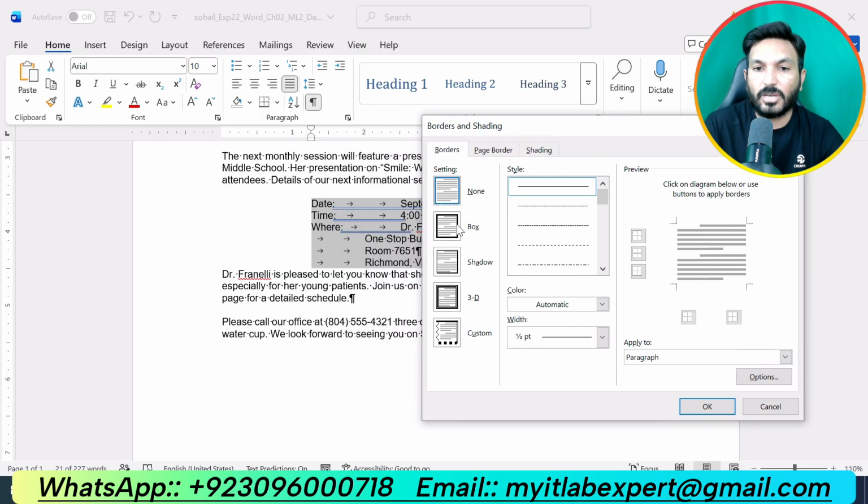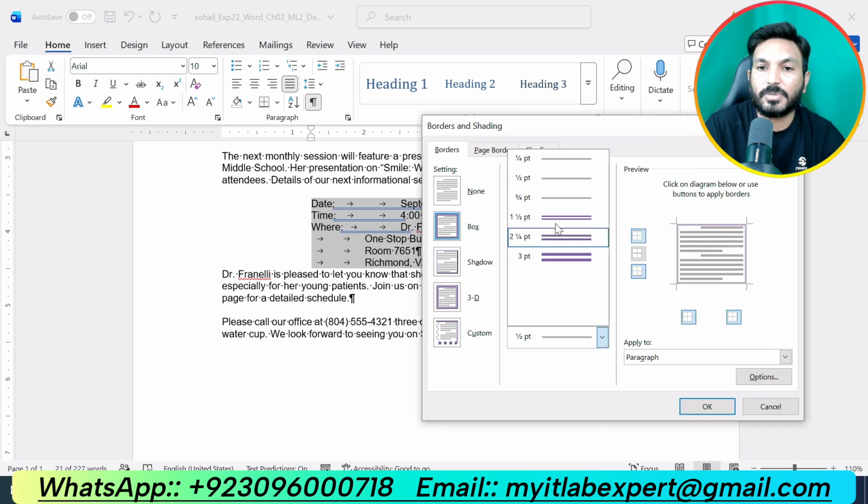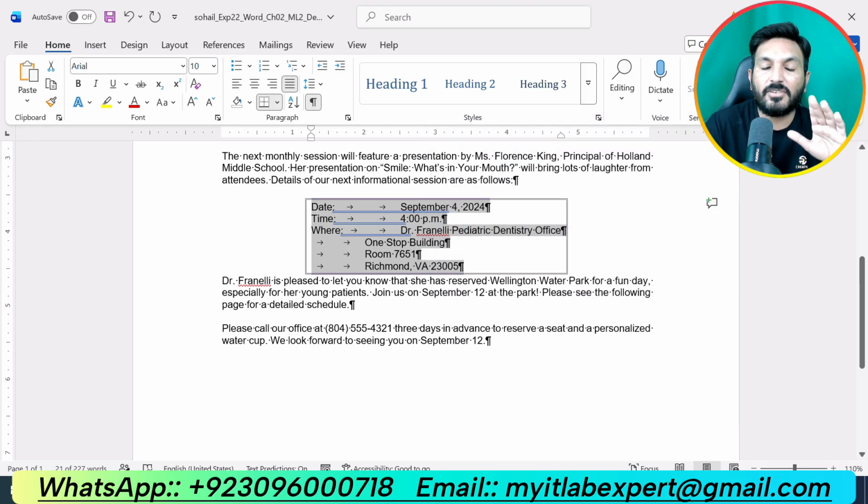First of all we select box border because we are going to apply a box border. Then select the double line. The color is purple accent 4 and width should be 3/4 point. So we have applied the border to this.